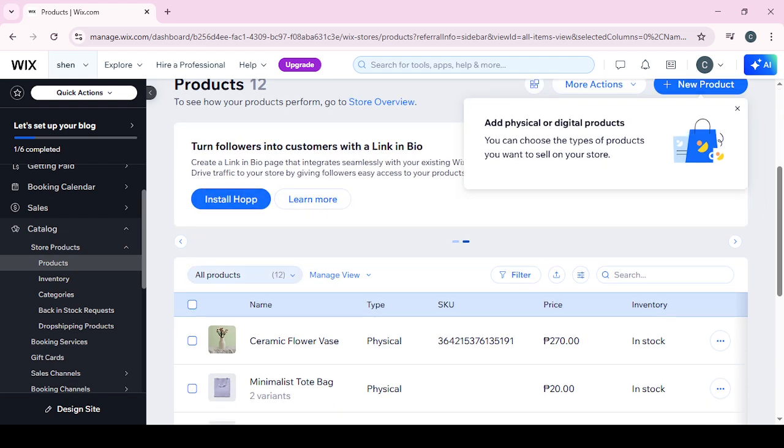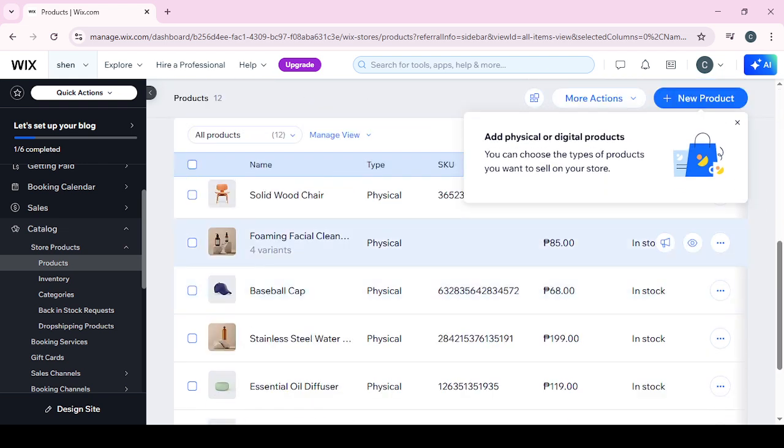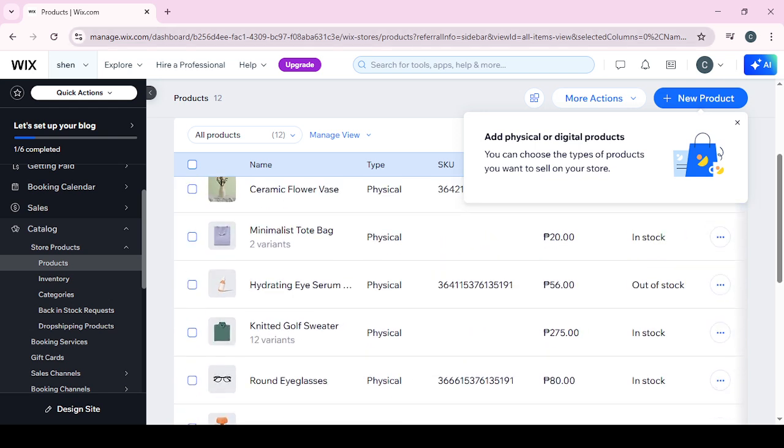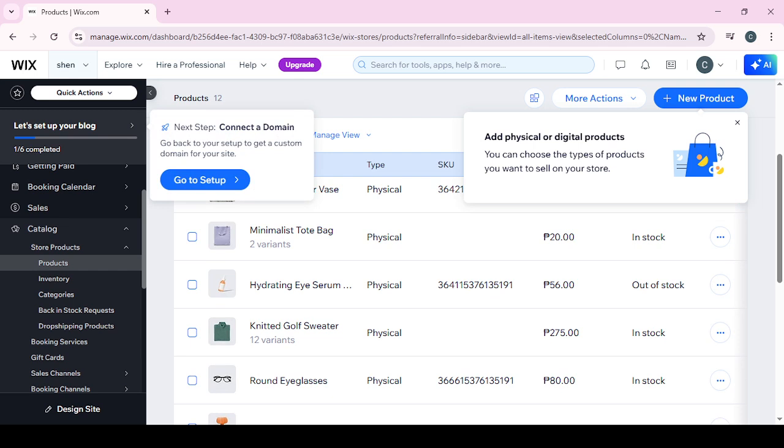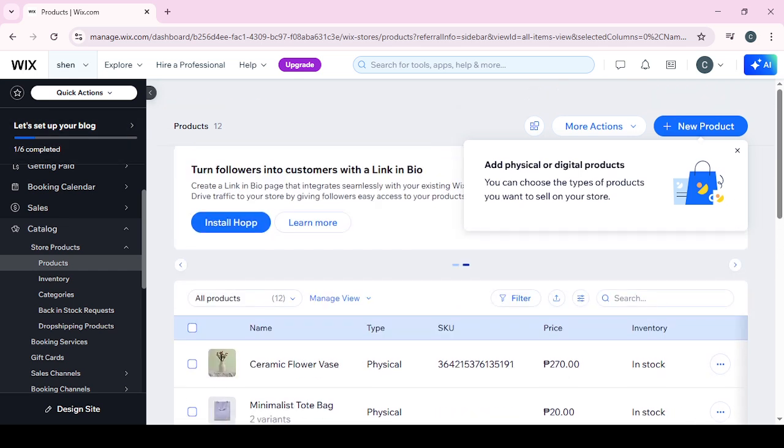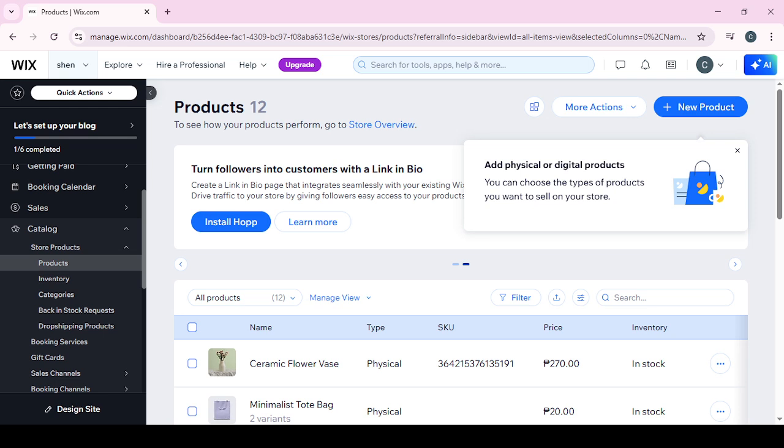There's often a Save button located at the bottom or top of the payment settings page on Wix. Clicking this ensures that all the changes you've made are applied and that your new payment method is ready to be used. And there you have it. You've now enabled PayPal on your Wix store, allowing your customers another convenient way to pay for their purchases. Remember that offering versatile payment methods